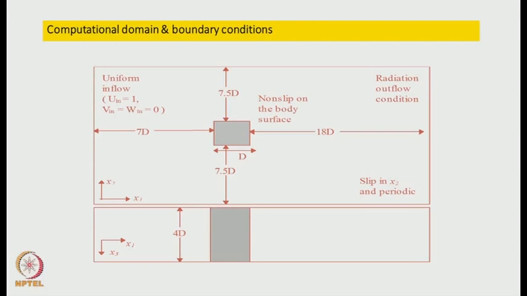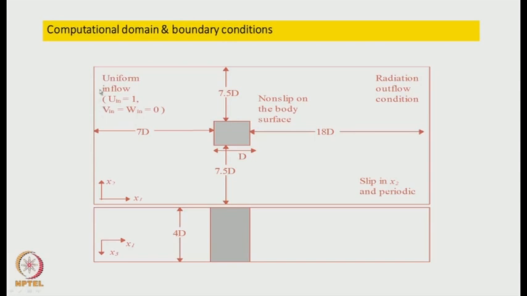So, first problem, a square cylinder is placed and it is a 3-dimensional simulation. So, we have one view in the x1 x2 plane, where x1 refers to the x direction and x2 refers to the y direction. In the other view, the x1 x3 or xz plane. The flow is coming from left to the right